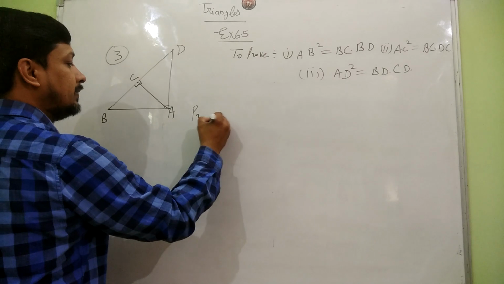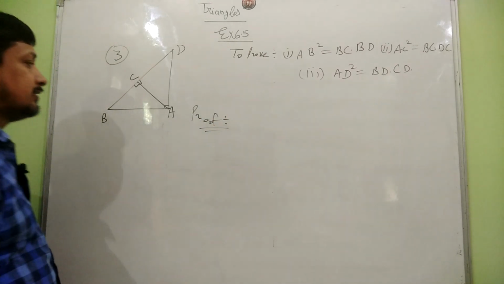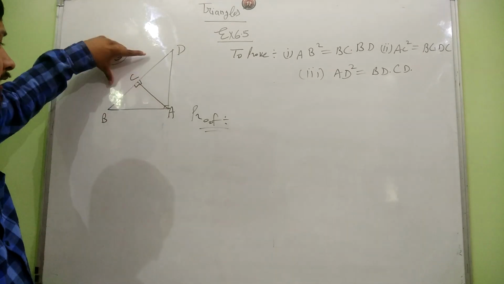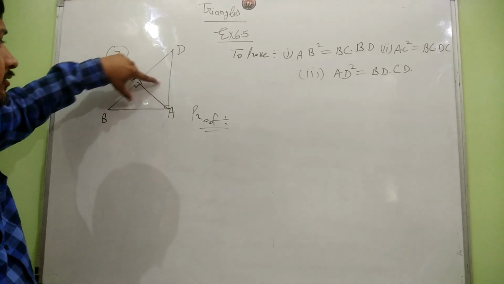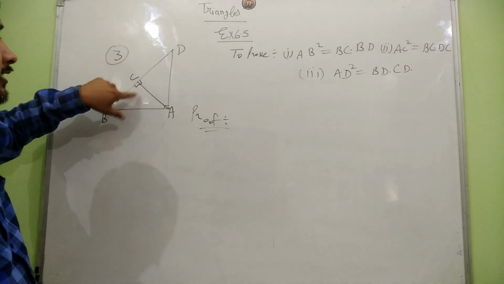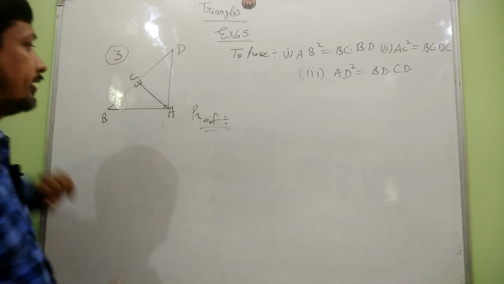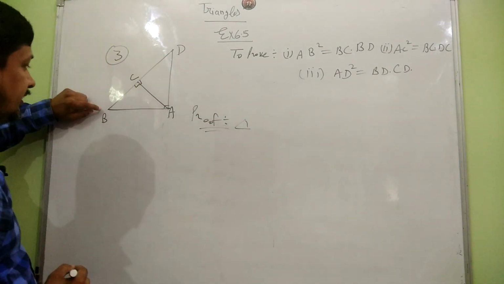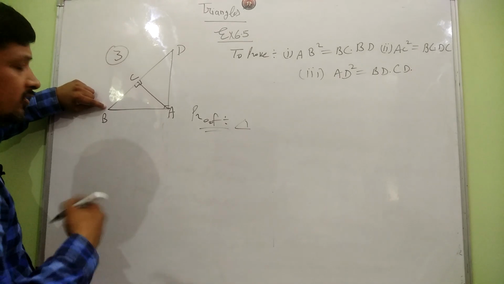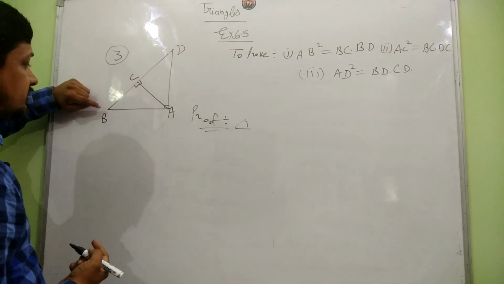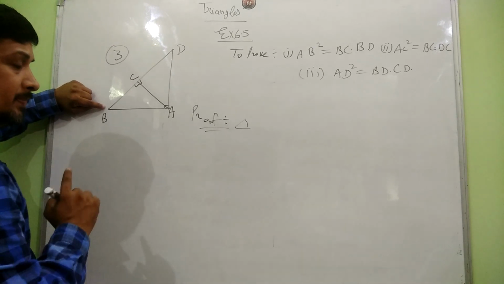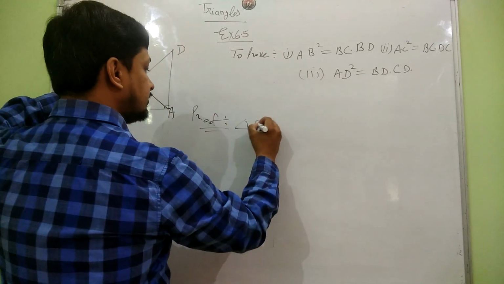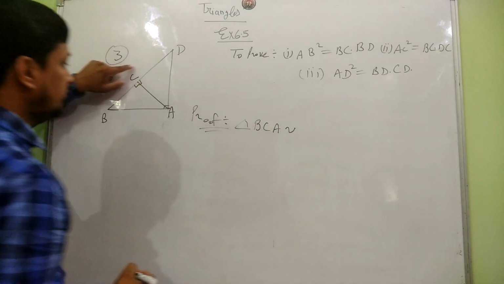So again we will apply the same property, that if a perpendicular is drawn from the point of right angle to the hypotenuse, then the triangle is divided into two similar triangles, and those similar triangles will also be similar to the whole triangle. So we can write, we will start from any of the vertices. So I am starting from this vertex, and I will pass through the 90-degree angle. So BCA is similar to